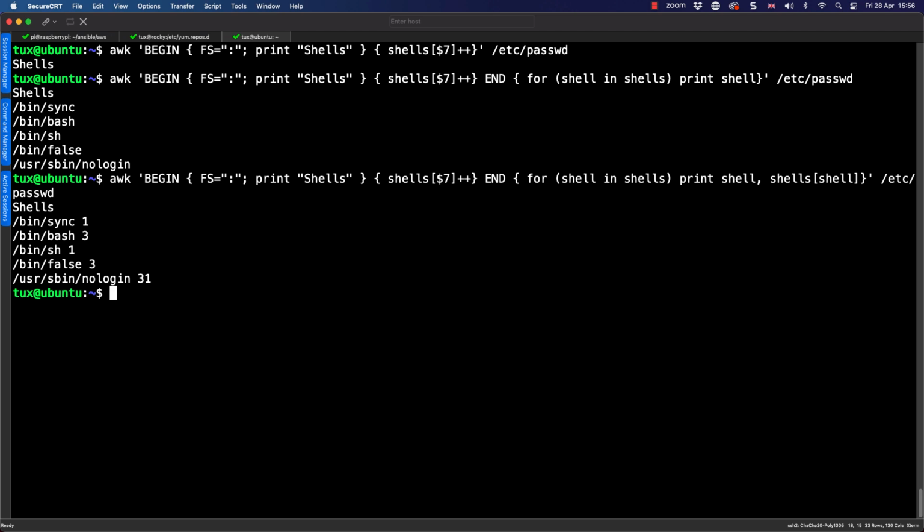But we could use this in log files, maybe looking at IP addresses and how often they occur. These might be the ones that we want to start blocking if they're running malicious activities on our system. But really, it's almost limitless. And what we want to do is just look at some of the things that we can do and get you more comfortable with using Awk.